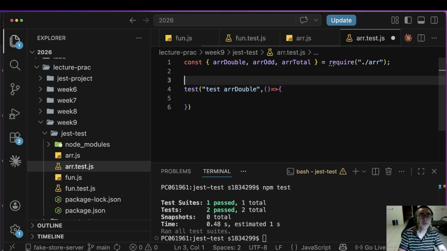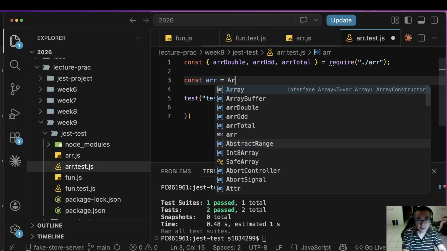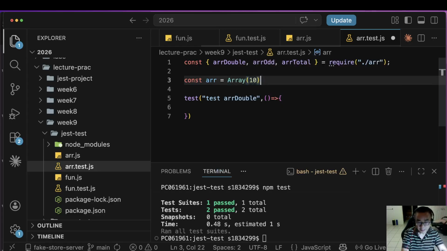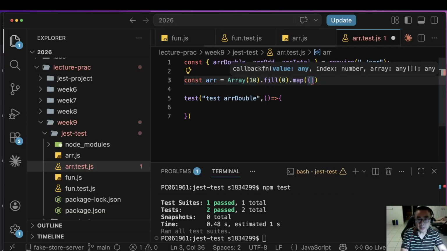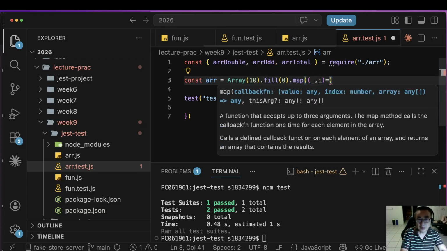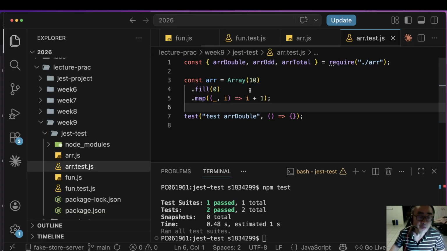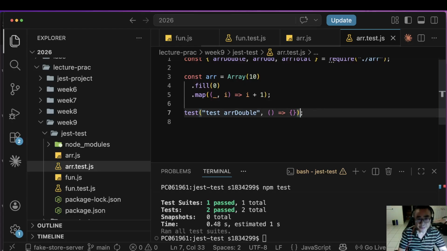Oh, okay, we probably have an array equals array 10 dot view 0 dot map. So we have an array from 1 to 10, right? Okay, test array double. Okay, so